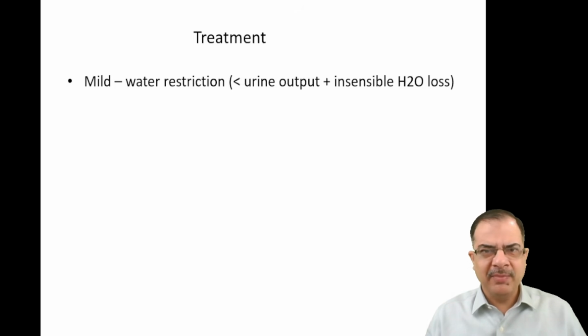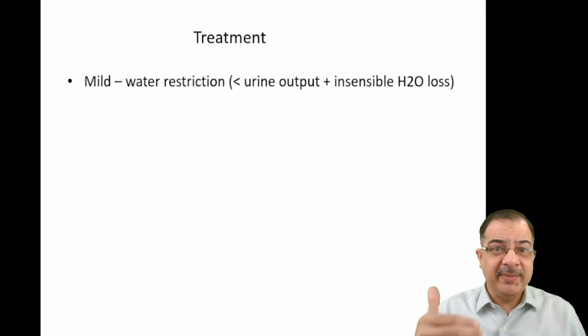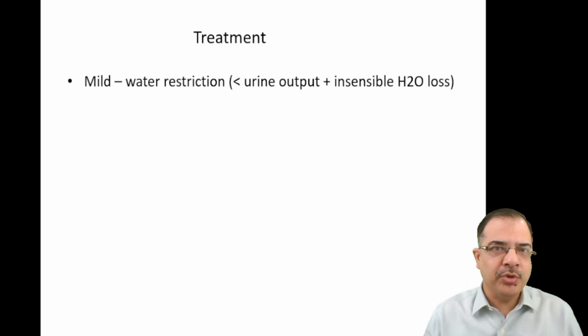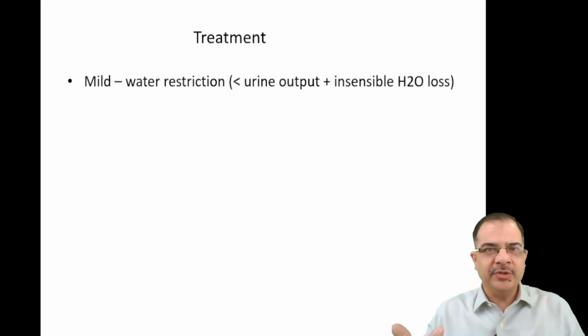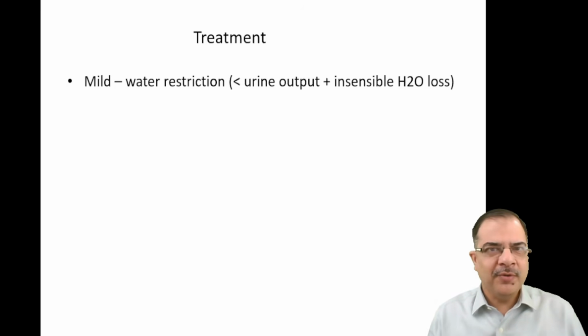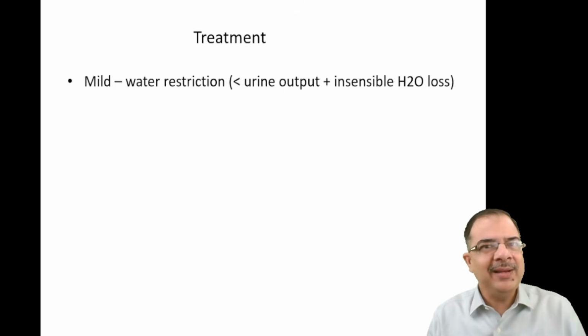If it is a mild hyponatremia, where features are mild, water restriction is done. Water restriction means we will give the patient water which will be less than the urinary output of 24 hours plus insensible water loss. Insensible water loss is through the respiratory system and GIT secretions. The formula for insensible water loss is 10 ml per kg body weight per day. So it comes out to be around 500 to 700 ml in a day.